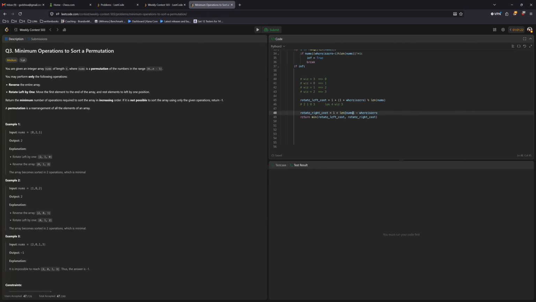I think it's length of nums minus 1 minus where is 0, right? Let's do it. So the ideal case is 3, 2, 1, 0, right? And that's where is 0 of 3, and this is where is 0 of 2. And then if we put this here, then it's where 0 is 1, and then